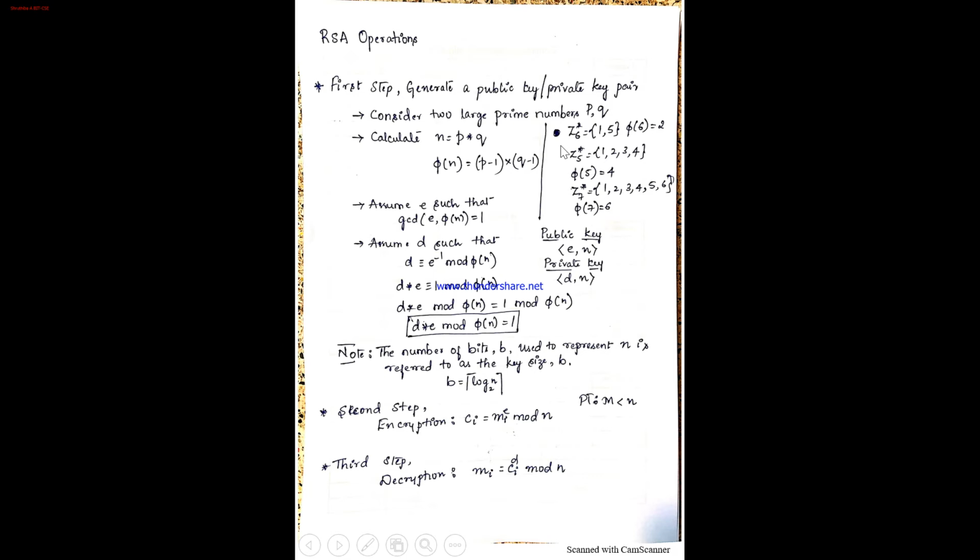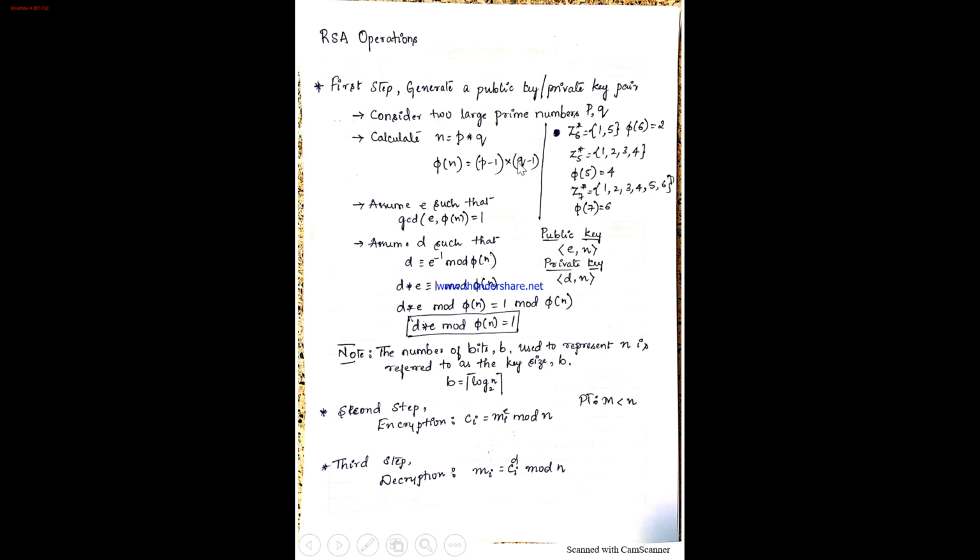If you observe, I have written the totient value for 5 and 7. For 5 it is 4, and for 7 it is 6. By this we can conclude that for any prime number, the Euler totient function value will be one number less than the prime number.